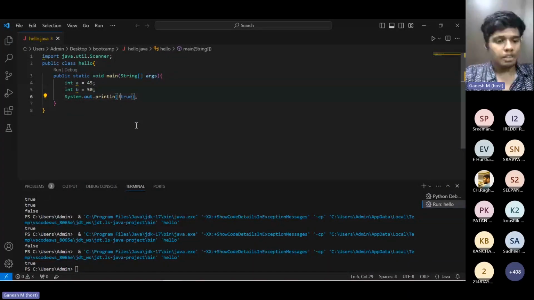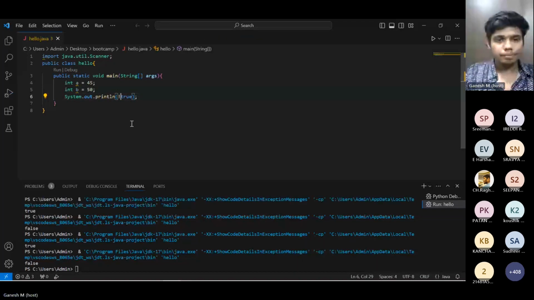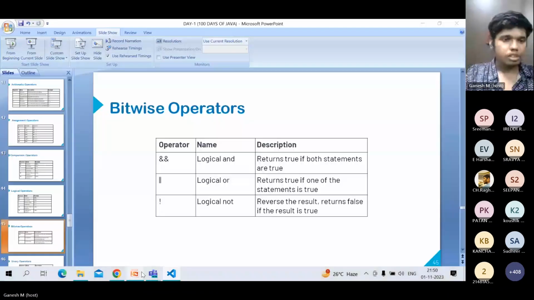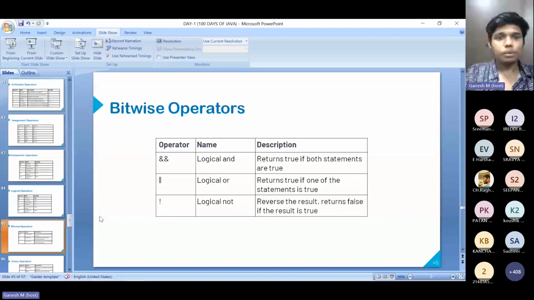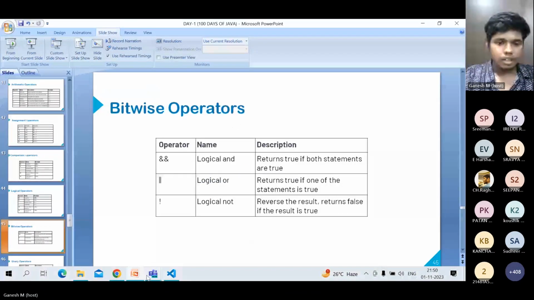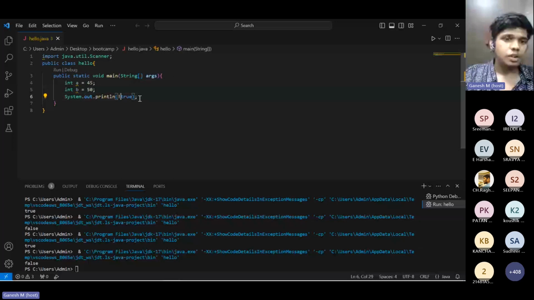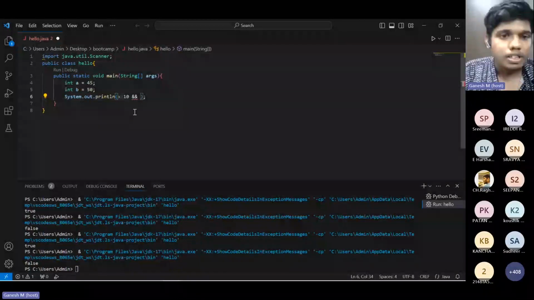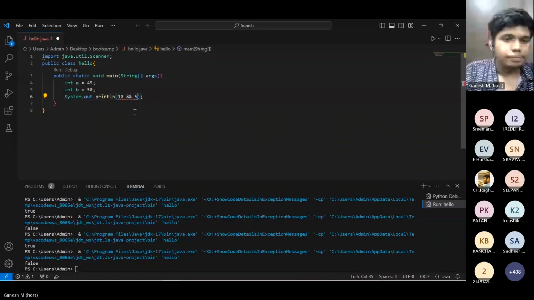When I put true, it gives false. And moving on to the next operator, we have the bitwise operator. I mean, what do these bitwise operators do? Let's consider two decimal values, 10 and 5. What it does is it